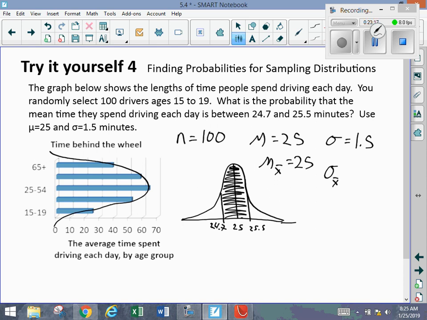We're going to use the standard deviation of the sampling distribution of sample means, which, remember, uses the formula of the standard deviation of the population divided by the square root of the sample size. So in this case, that is 1.5 divided by, sample size was 100, so 1.5 divided by 10, which is